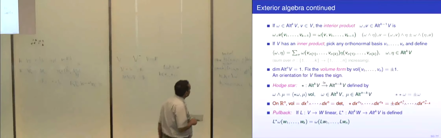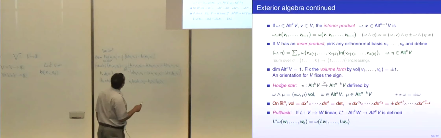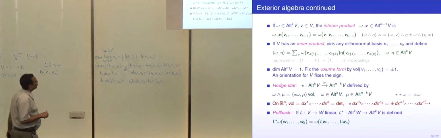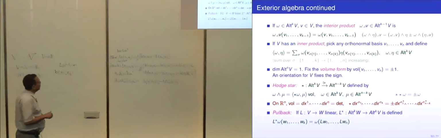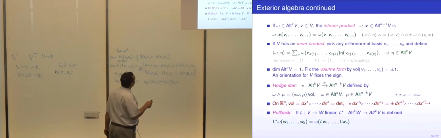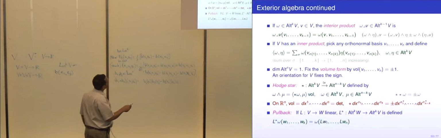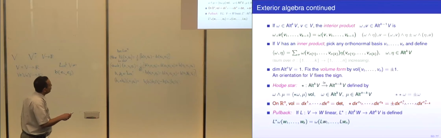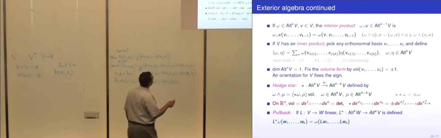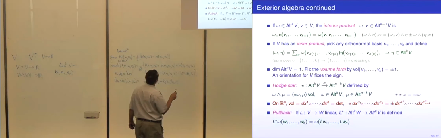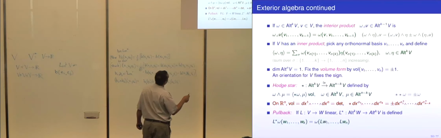A couple more products. So this product, the interior product, which is also called the contraction, is an operator where you take an alternating k-linear form and a vector, and you product them together. What makes it a product is that it's linear in each of the 2 guys, and you get an alternating k-1 form. And the rule is as simple as it could be. Omega contracted with V applies to k-1 vectors, and it's the same as omega applied to V and those k-1 vectors. Since omega is a k-form, that makes sense.